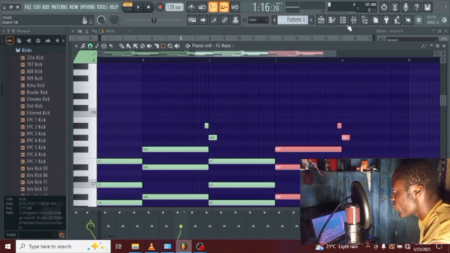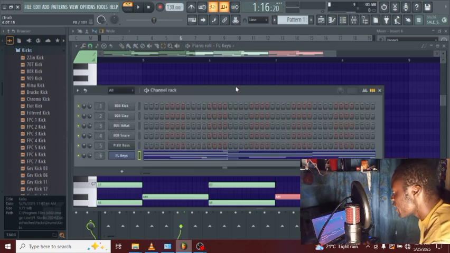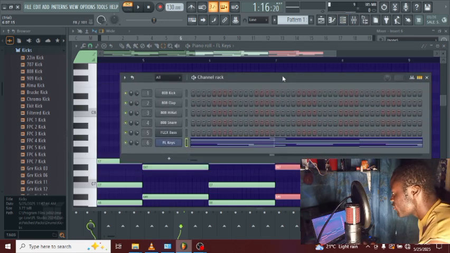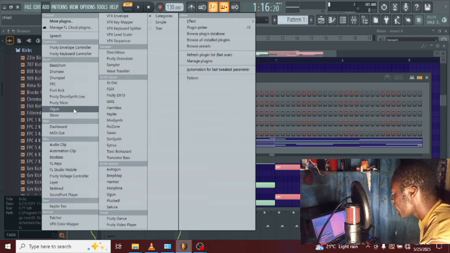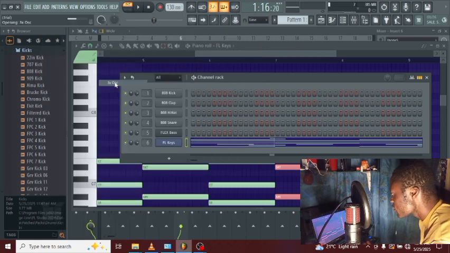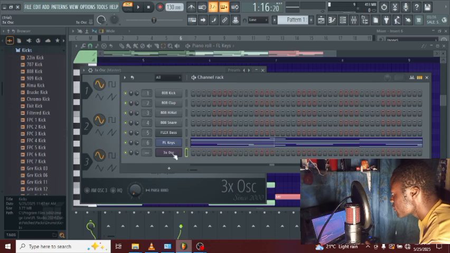So I'll go back to my channel rack. Make sure you use these tools up here. My channel rack is here. I'll click back on my channel rack. This is my channel rack here, so I'm going to click on add, then click on this 3x Osc. That's it. Put my cursor here, left click and hold my mouse button, then scroll the mouse wheel to channel